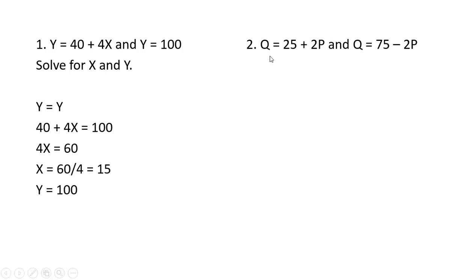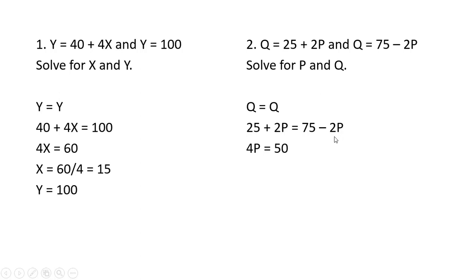Number 2, we got two equations, two unknowns. Q and P are the variables that are unknown. So we can do the same setup. We're just going to set Q equal to Q. We got two Q equations, set them equal to one another. So we get this step here. Let's collect the P terms. So adding 2P to both sides, we get 4P, and subtracting 25 from both sides, we get 4P equals 50,